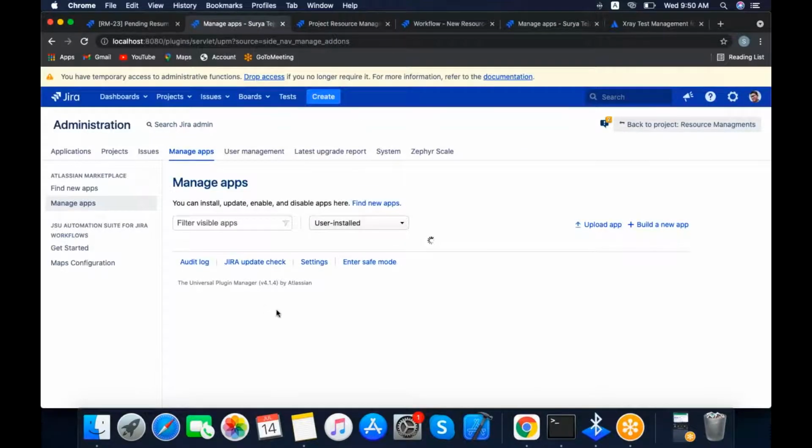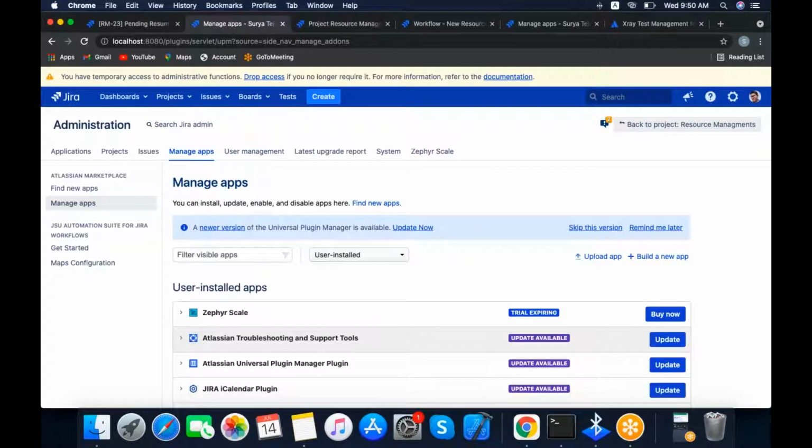In Manage apps, you will see how many apps you have installed at your instance level. Add-on installation can be done in two ways. One, by using the Atlassian Marketplace. Another, you go to their website and, according to your version, install it. Same like some apps are available in the App Store, while others are not, and they give the APK file on their website. We download that APK file from Android, or the IPA for iOS, and install it on our mobile.